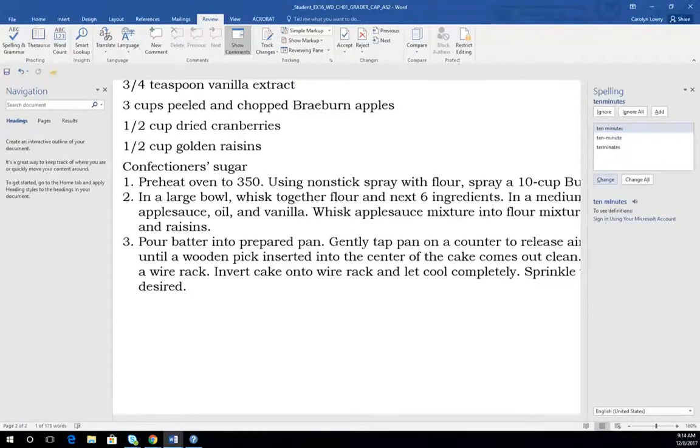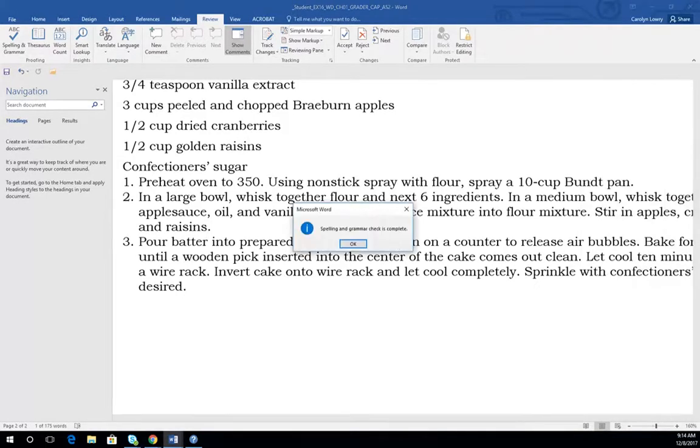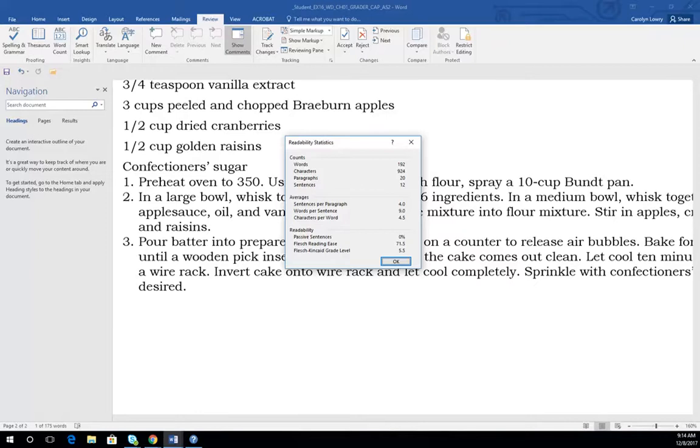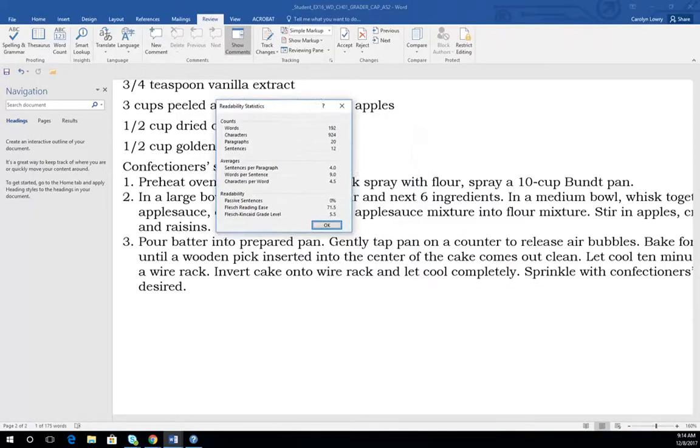It actually wants it hyphenated. So, oh no, that was my error there, so it wants to put a space in it. All right, now these are my readability statistics. It says that I have 192 words, this many characters, paragraphs, sentences per paragraph, and then passive sentences, but it also says Flesch reading ease and the Flesch-Kincaid grade level. So it's a 5th grade,